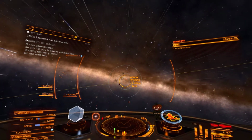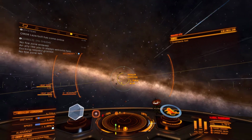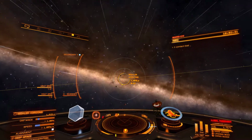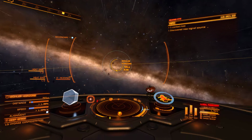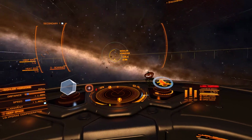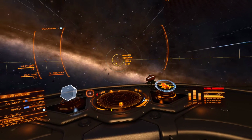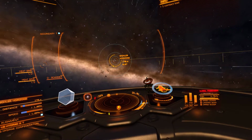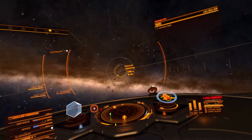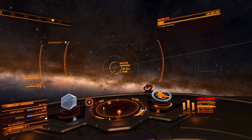So here we are. We're coming in to Waller. You're gonna have to slow down a little bit because I'm only like 7 seconds away. And if you go too fast, you're gonna go zooming right past the station. So to avoid that, if you notice the thing that's rocking back and forth on the right side of the map there, that's my throttle. I'm gonna keep that throttle down on the bottom side of the blue to keep myself from going too fast and shooting past the